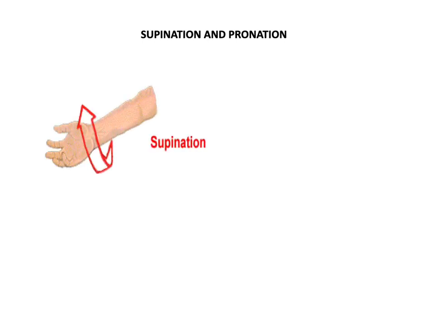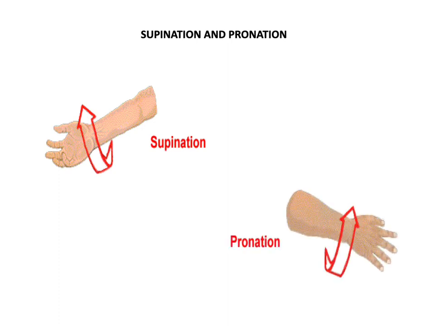Supination and pronation. Supination is when you rotate the hand so that the palm faces anteriorly. So this is supination. And pronation is where you rotate and move the palm posteriorly. And this will be pronation. And supination, as we know, in anatomical position, we already said that the hand is in supine position. Okay, so that is the supine position